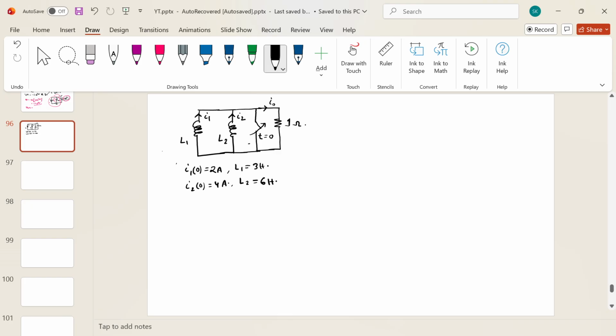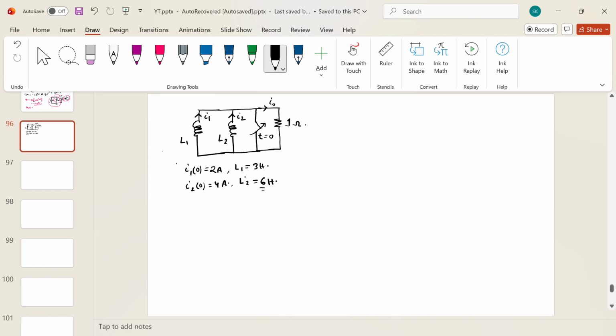But things are a bit different. Basically, you can analyze this particular concept using Laplace and all. But in this lecture I will try to give you the intuition of what is basically happening in this particular circuit. Now, let's say you have these two inductors L1 and L2, and L1 has 3 Henry